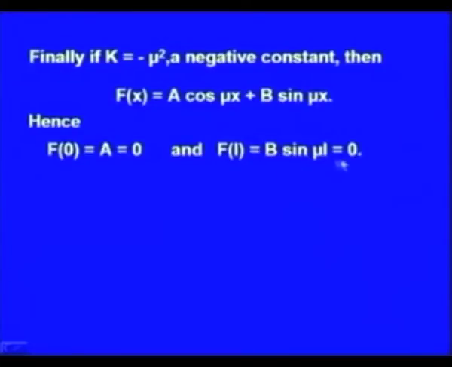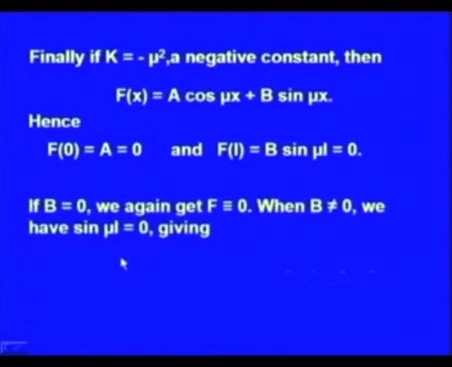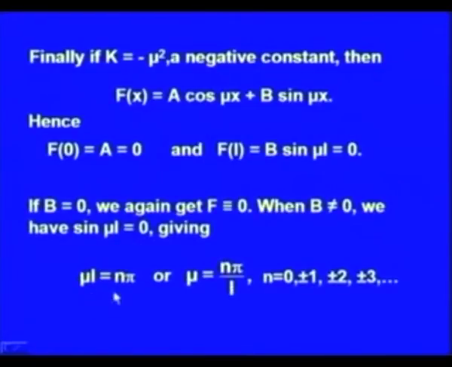So, the other possibility is that sin mu l is equal to 0, and sin mu l equal to 0 then gives us mu l equal to n pi or mu equal to n pi by l, where n can take all integral values 0, plus minus 1, plus minus 2, plus minus 3 and so on. If you take n equal to 0 here, then mu is equal to 0, and mu equal to 0 will give you k equal to 0, and we have seen that when k is equal to 0, we get the displacement function u as identically 0. So, that case was not admissible, and therefore, n is equal to 0 is ruled out here.